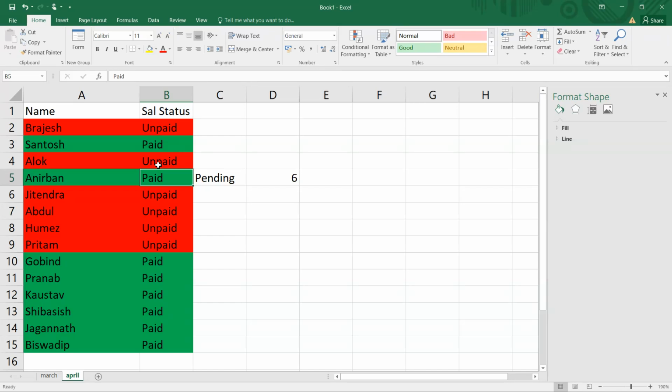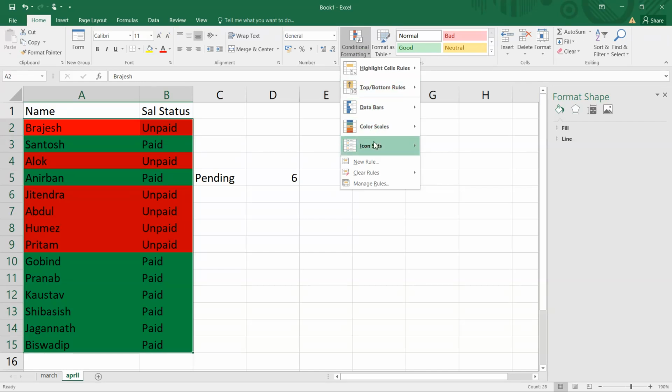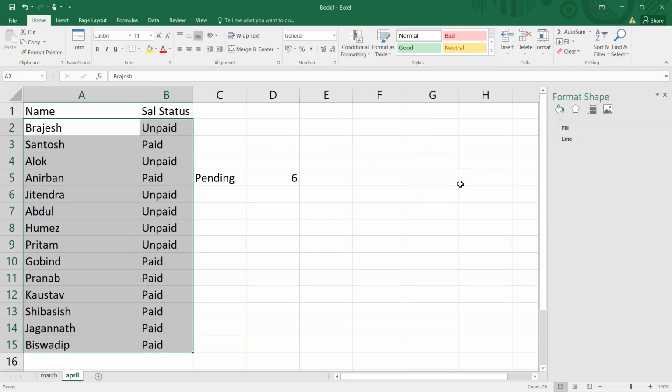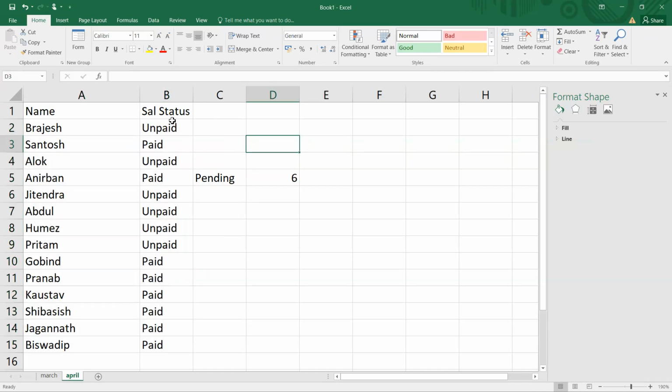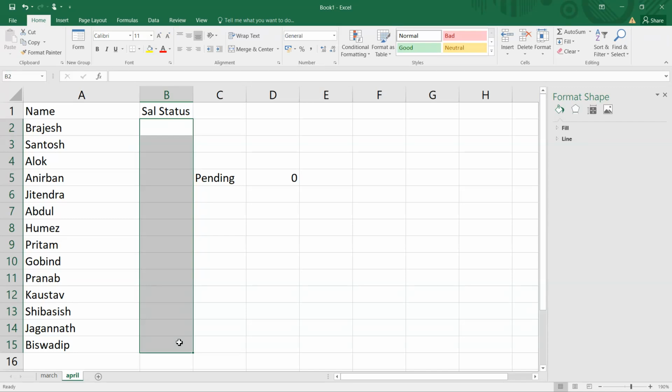But when this sheet was being created, there was no formatting. So how did I do it? To demonstrate the process, I will select this range of cells where the formatting is applied, and select clear rules from entire sheet. Fine. So what you need to do is write the names of the persons of your organization and their salary status,